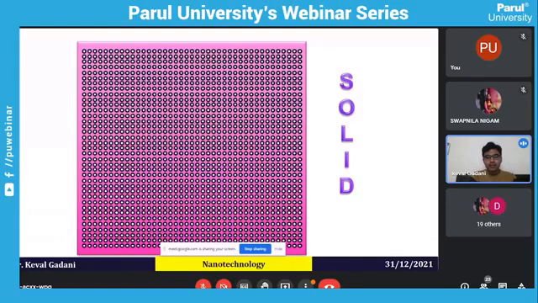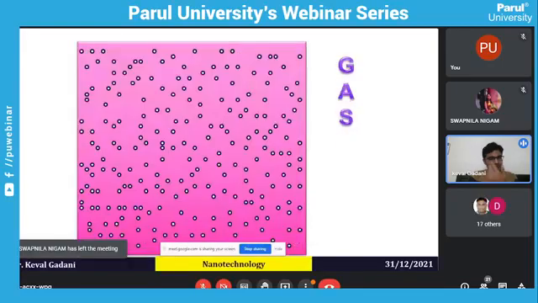Between two atoms, some bonds are there. In the case of liquid, the atoms and molecules are not strongly bonded to each other, and we can represent the atoms in the liquid state. Similarly, in the case of gas, the molecules and atoms are free from each other, so they move easily like this. But in the case of nano,